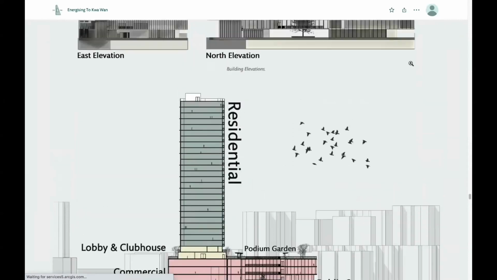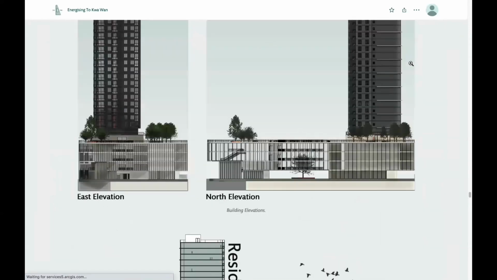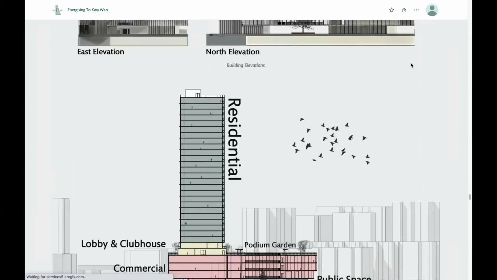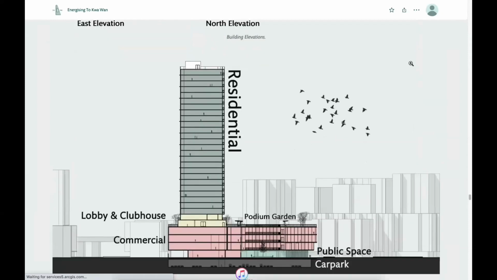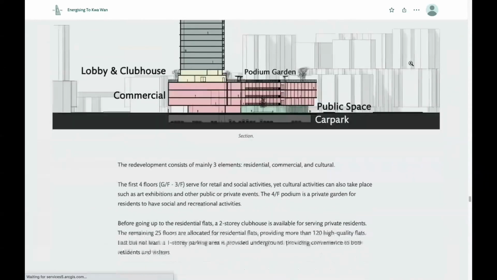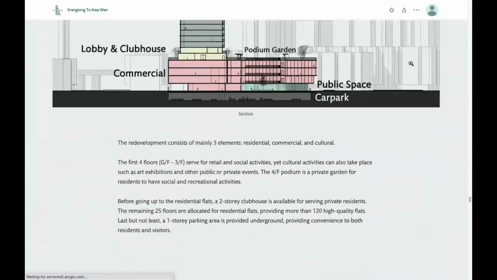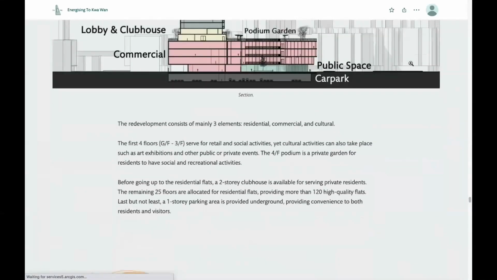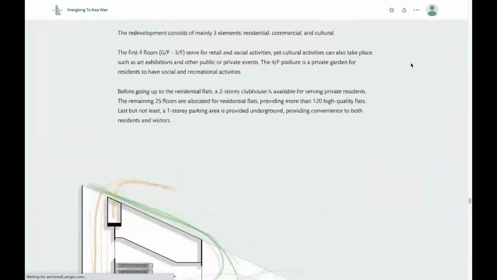For instance, the elevation shows the exterior of the building, while the section below here illustrates the programs or activities that are scheduled or arranged in the trio. And this is one concept simulation of our project.